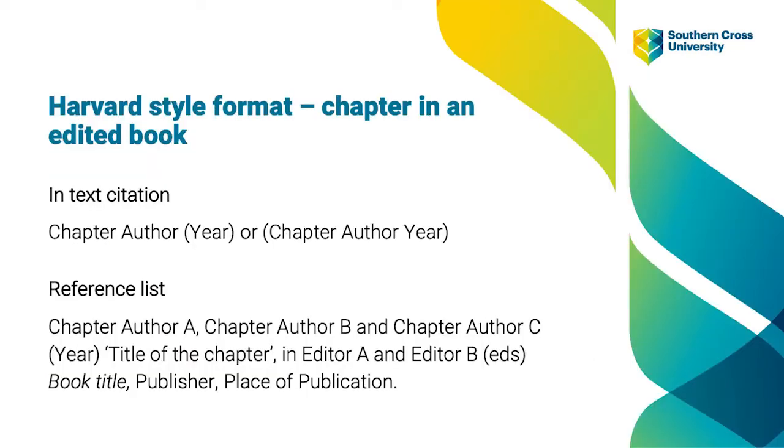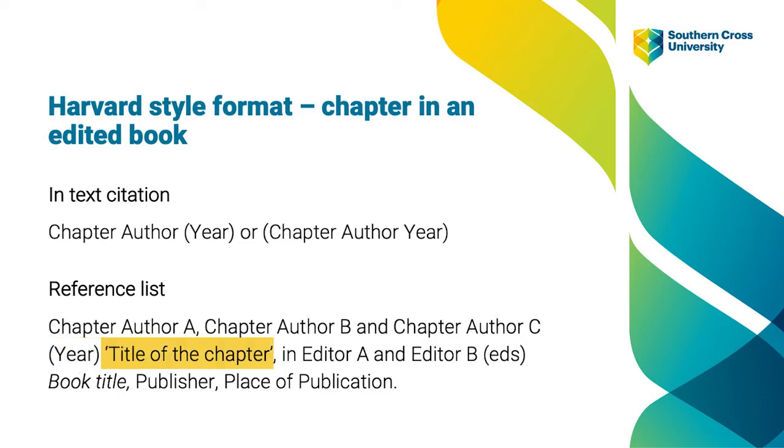Here is an example of the basic format for referencing an edited book. First is the chapter author names. Notice that all the names are reversed so that the last name or surname comes first, followed by a space and then the initial or initials for each chapter author. Note that there is an "and" separating the second last chapter author and the last author. There is no ampersand or comma. Then there is a space after the last author's initial before the year of publication, which is in brackets.